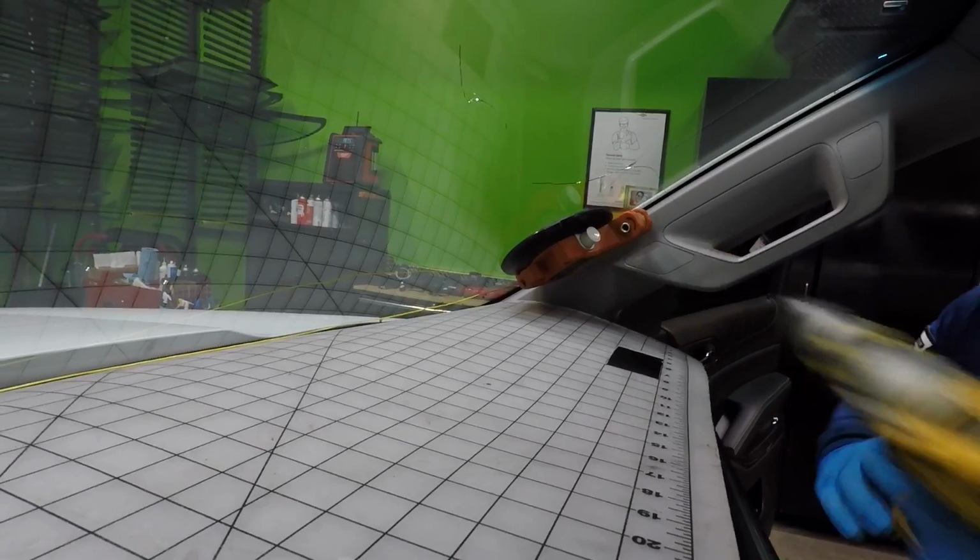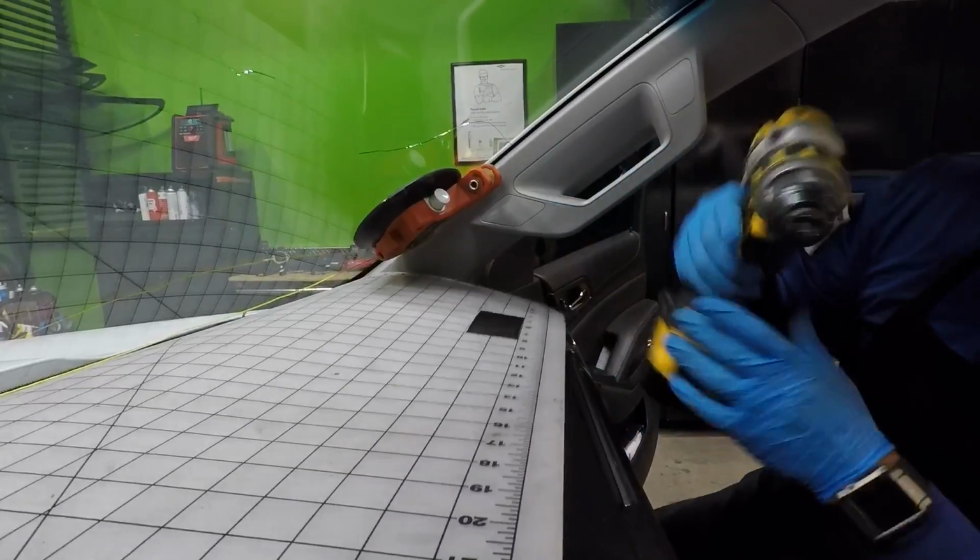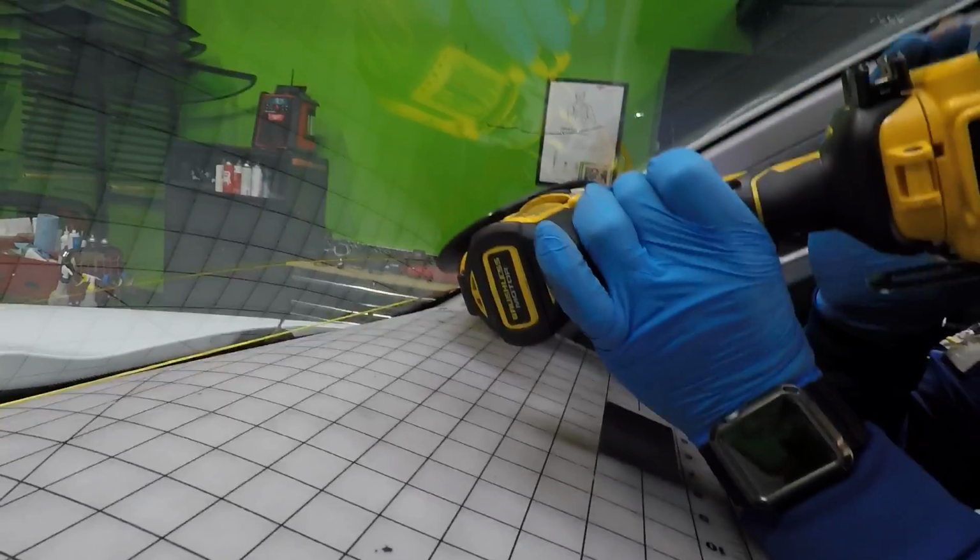So as you can see, my dash cover, just slide it all the way to the edge. Push it in. Make sure this is pumped all the way down. And please put it on low gear, number 1, low torque, and high torque, I mean. And now, as you can see,